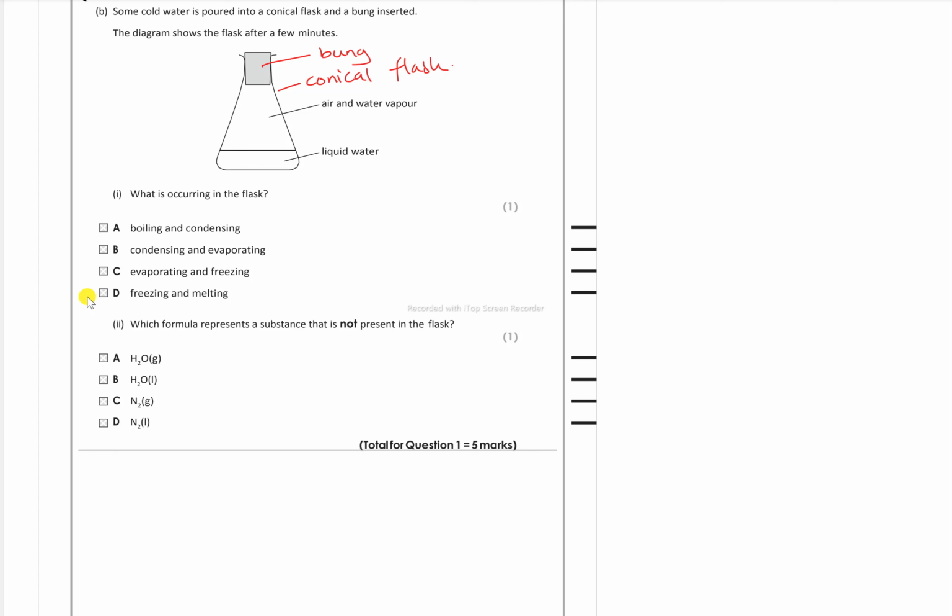Boiling, condensing, and evaporating. So it's definitely not freezing, because that's liquid. Freezing and melting, no. Right, there's no heat, there's nothing here to, it just says water vapor and air. So there's no boiling going on, and it's just to do with,